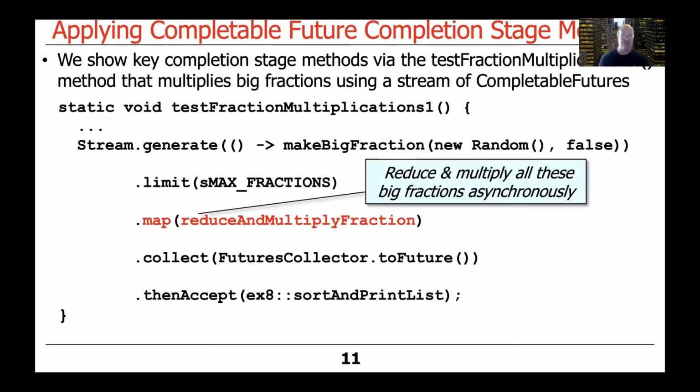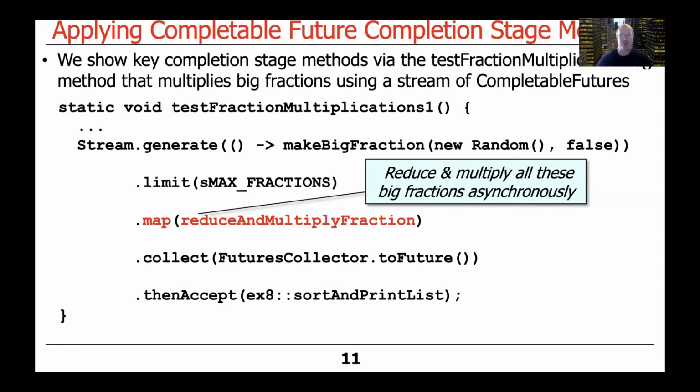Okay, so just imagine for sake of discussion that we now have a stream of up to S max fraction random unreduced big fractions that are very large. And let's assume for sake of argument that S max fractions is, I don't know, 100 or 1,000 or something like that. What we're now going to do is we're going to use the map intermediate operation, which hopefully you